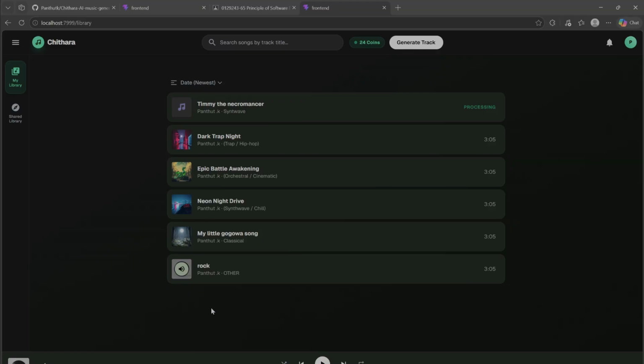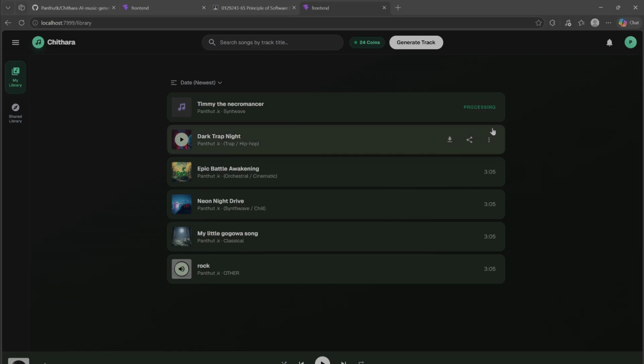As you can see, our music player has the defaults of every modern music player: play, pause button, skip, or save button. We have random next track and loop the music. We have a volume mixer, and okay, that's all for our music player. So let's go with our sharing system and track management.